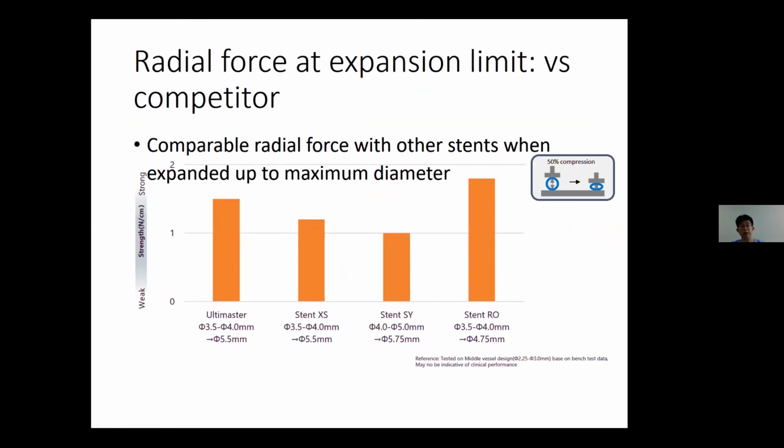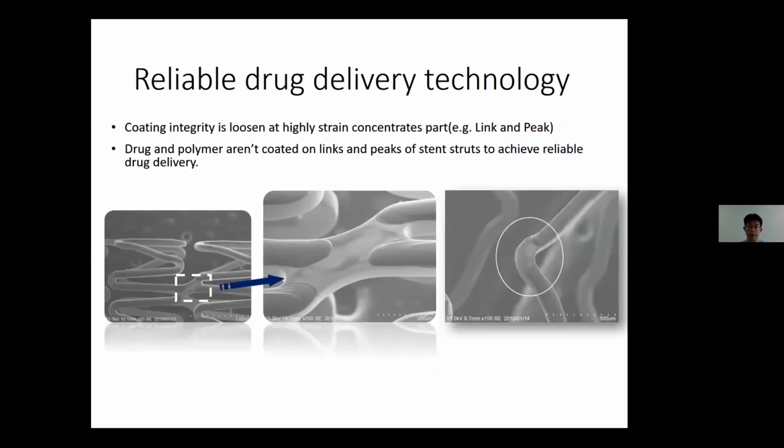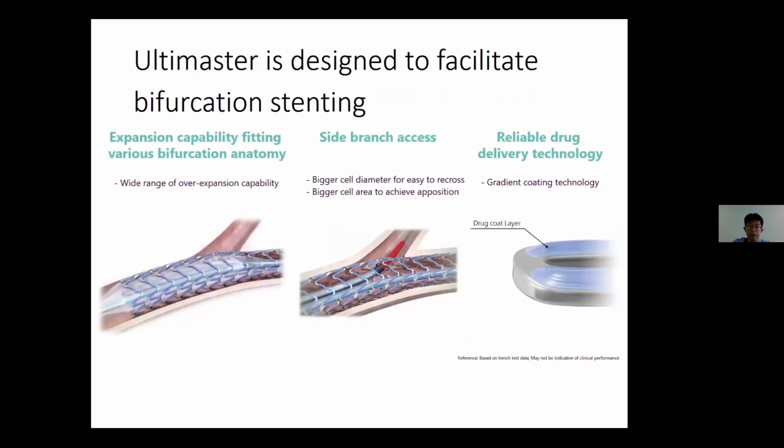It means lateral force at the expansion limit is very important versus competitor stents. As you can see, the Ultimaster stent is very strong compared to other stents at the expansion limit size. Another important thing is polymer damage when over-expanded. Ultimaster has no polymer damage after over-expansion. Here, we have a drug delivery technology. So Ultimaster is designed to facilitate bifurcation stenting. Expansion capacity is okay, and side branch access is okay because of the two-link stent. And the reliable drug delivery technology